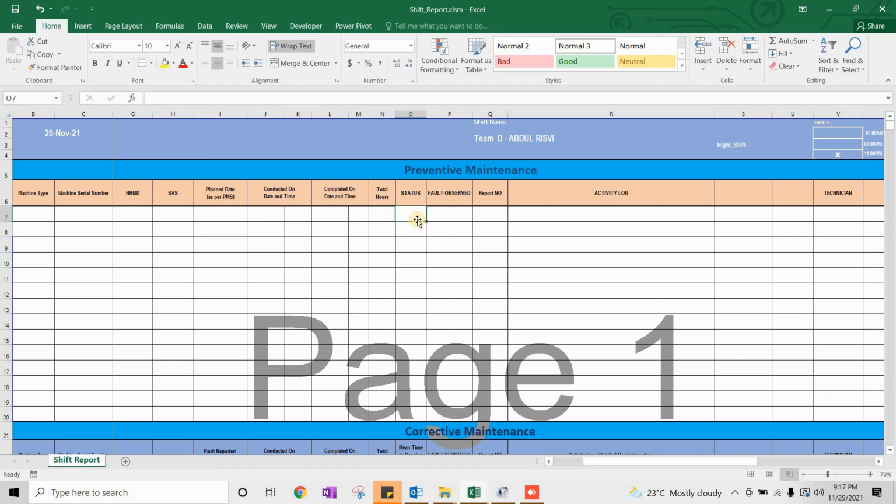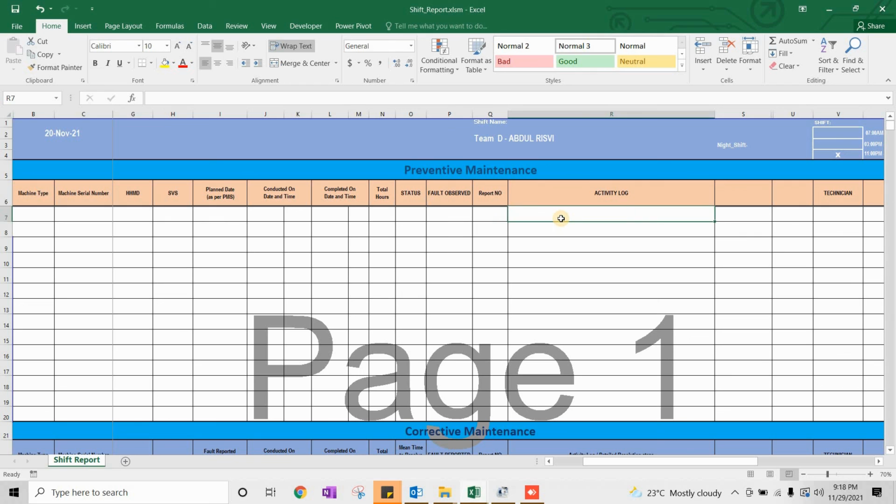After that, status, as you know, we have to mention the status of the machine. Normally it should be okay after the PM. And faults observed: if there were any faults which you observed during the PM, you will mention them here. And here you will mention the report number. When you are making the checklist, the report number which is there, you have to mention here.